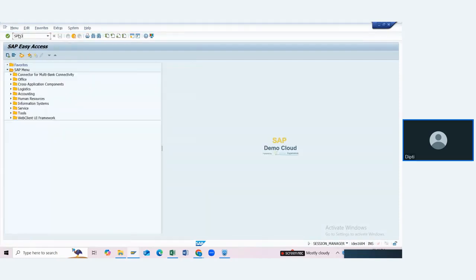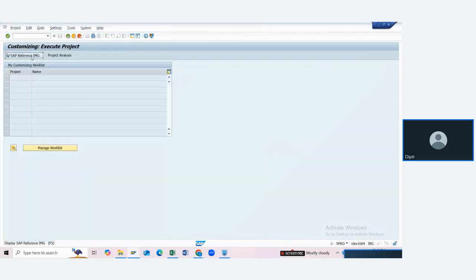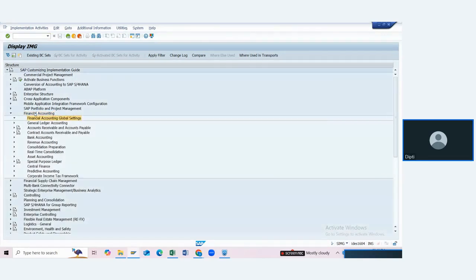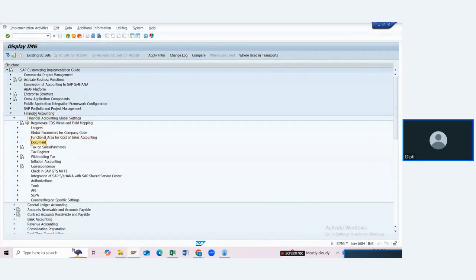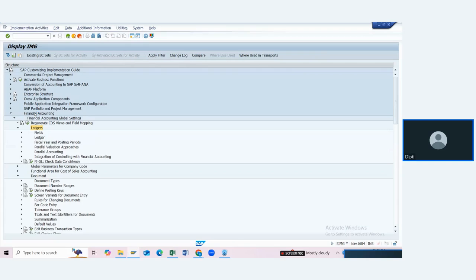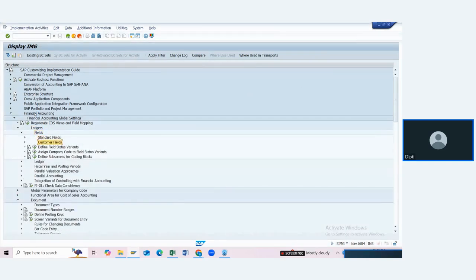Here you can go to SPRO, IMG. We have to go to Financial Accounting, Global Settings. In that we have to go to Document, Ledgers, Fields, and Define Field Status Variant.